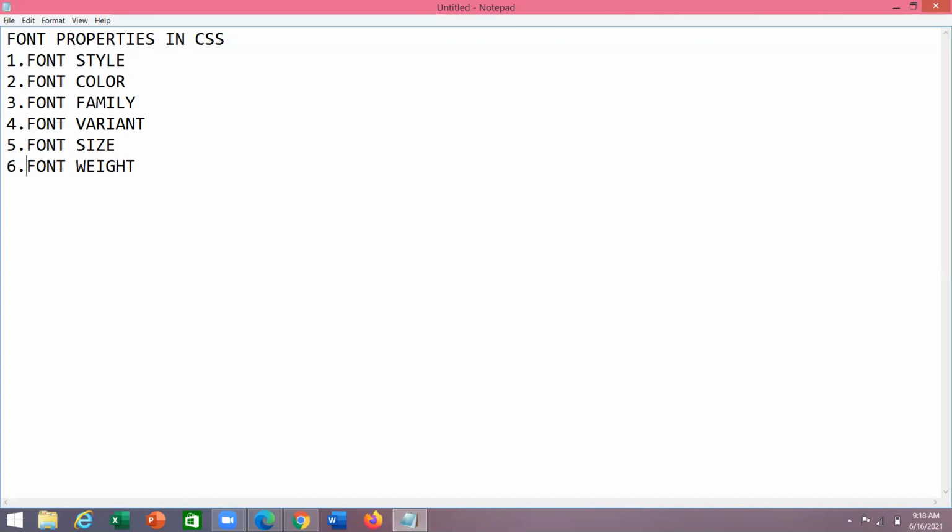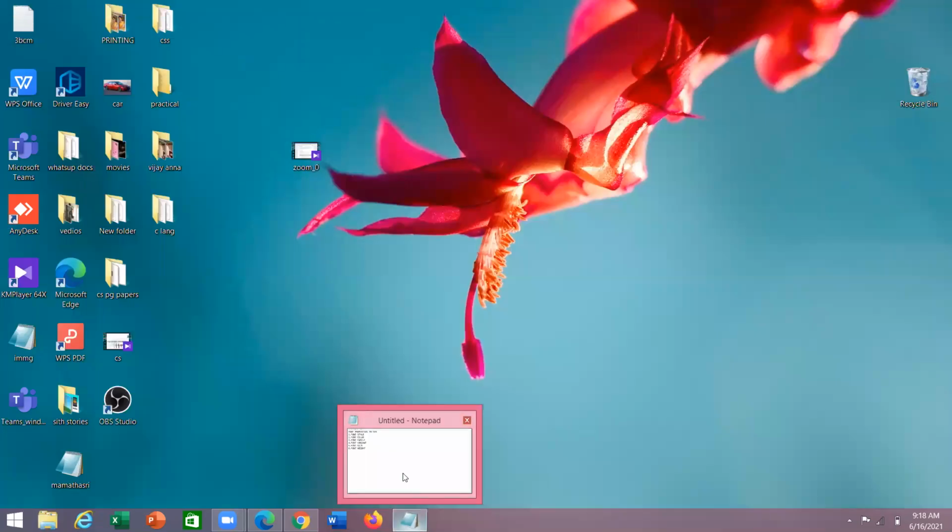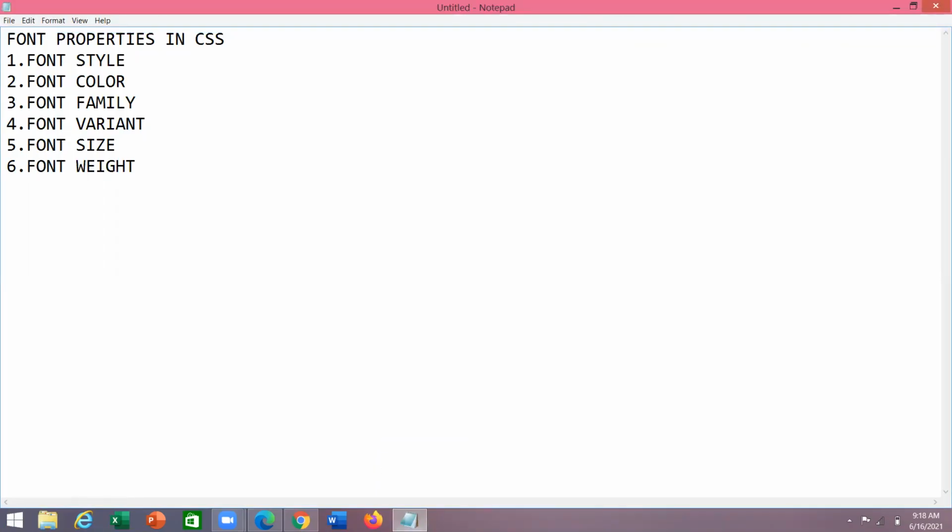So now we are going to discuss how we can apply the font size for our HTML document. So for that I'm taking a new notepad.